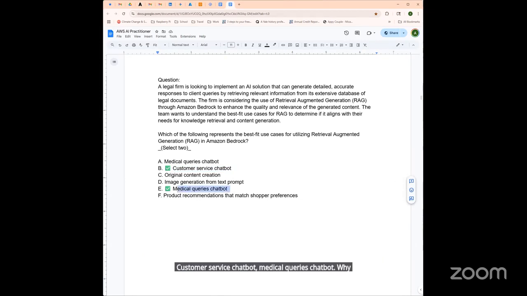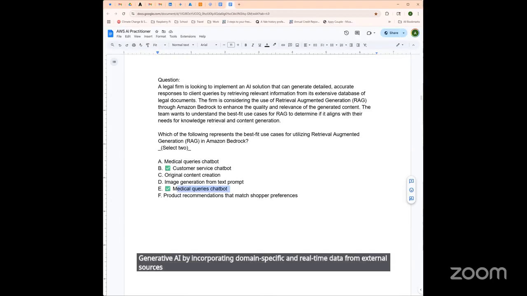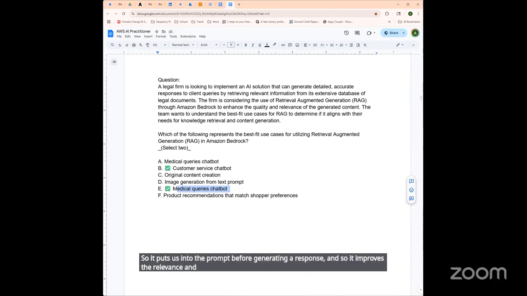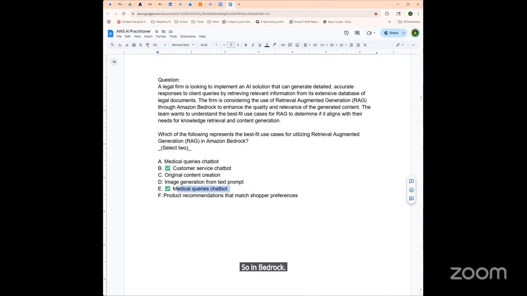Why? So RAG enhances generative AI by incorporating domain-specific and real-time data from external sources, like a legal database or medical records or knowledge bases, right? So it puts this into the prompt before generating a response. And so it improves the relevance and accuracy. So in Bedrock, RAG is implemented via knowledge bases.